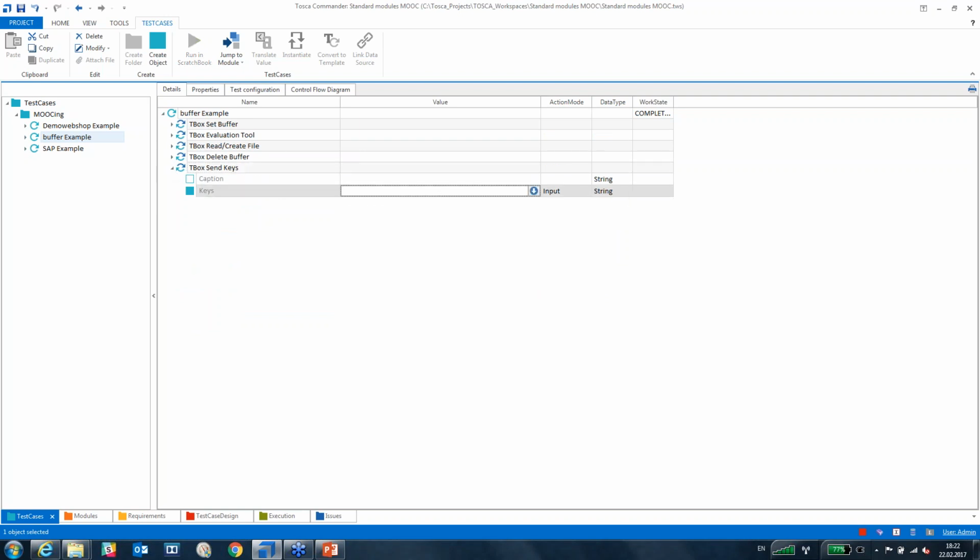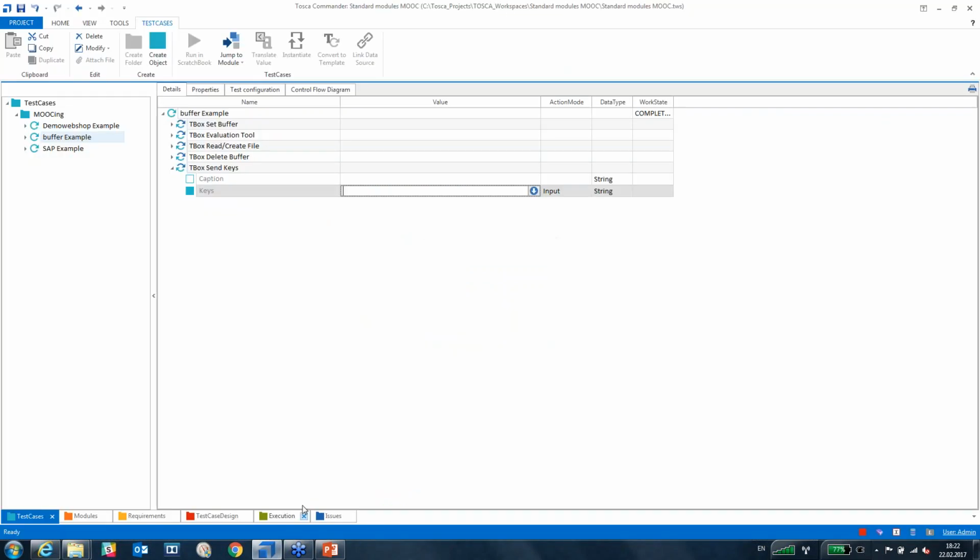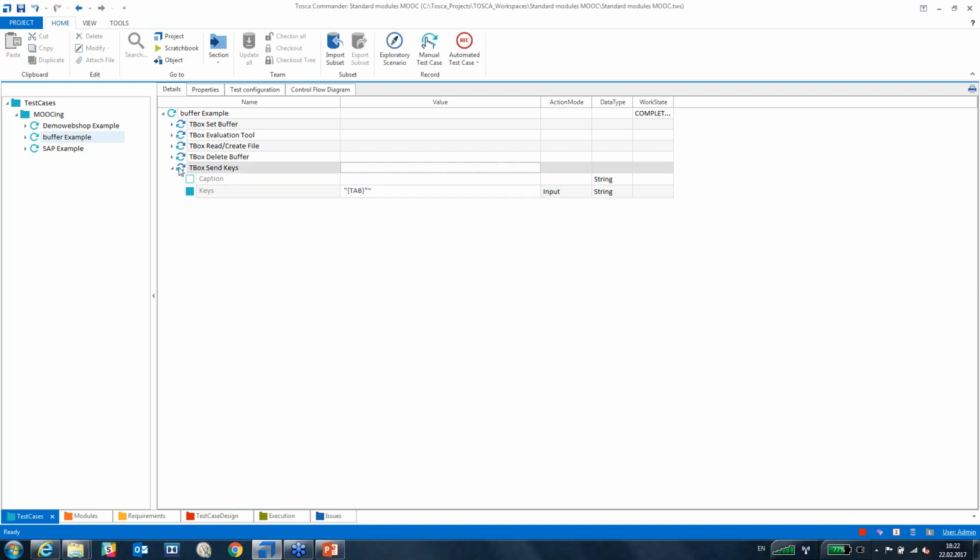I'm going to choose that I would like to cancel, not press OK. So here it's selected already in the blue as OK, but I actually want to cancel it in this case, just to be fun. So I'm going to go into keys, and I'm going to put in quotations, open curly brackets, tab, close curly brackets, close quotations. I'm going to add a tilde for the enter. Now if I run this,